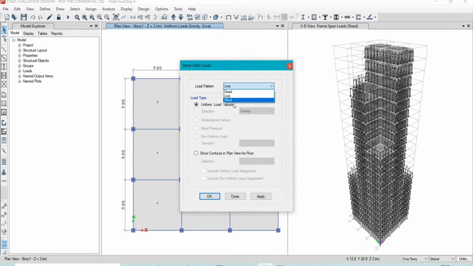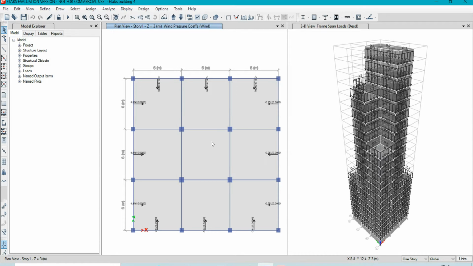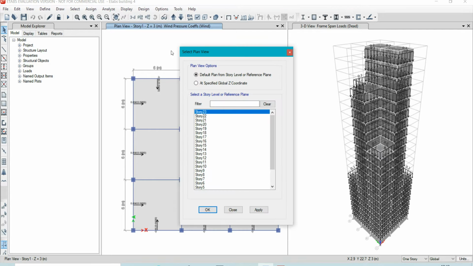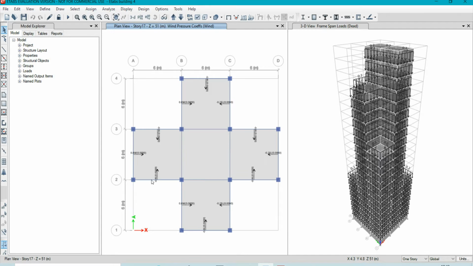At last, the wind load, which is the leeward side and the windward side, the section A, and these are the side views, and we can go to the different stories. See here, the wind load is applied on all the surfaces of the structure, in which no surface has been left unloaded.